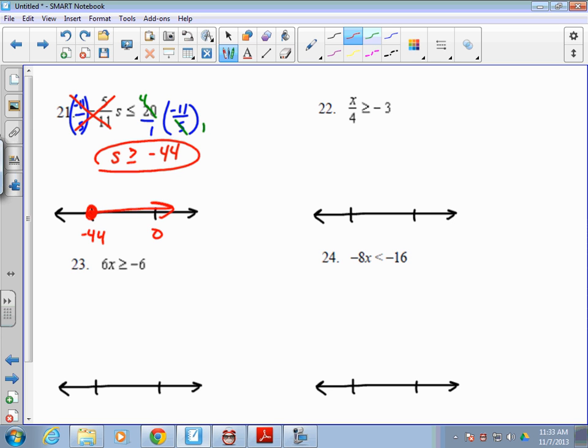X divided by 4, undo that by multiplying by 4. Do likewise to the other side. Negative 3 times 4 is negative 12. And we have x on the left, but we multiplied both sides by positive numbers, the multiplication property of inequality, but they were both by positive numbers. The fact that this one's negative and it comes out to be negative 12 is irrelevant. You leave the inequality symbol alone, greater than or equal to, just like it is. So it's 0 because it's talking about negative 12, greater than or equal to means color it in and go